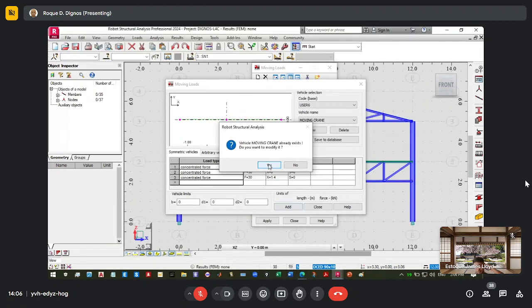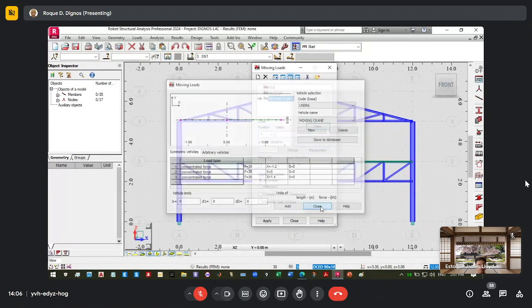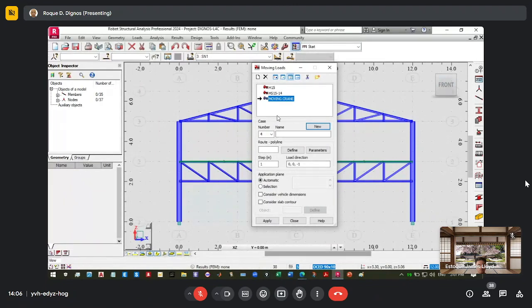So in my case, I already defined this, so I will just override it. But in your case, if it's your first time, no problem. So now we are here again. And then type here moving crane. So this is the fourth load, in addition to the DL1, WIN1, and SN1.